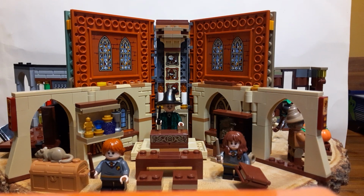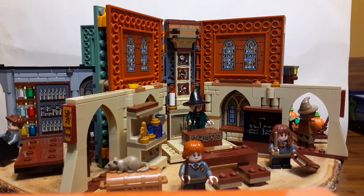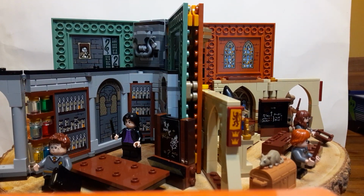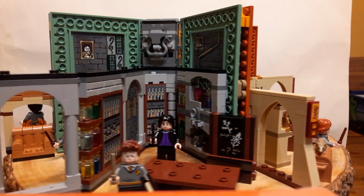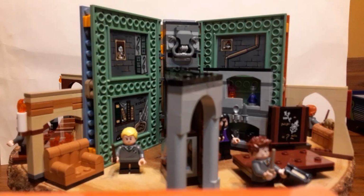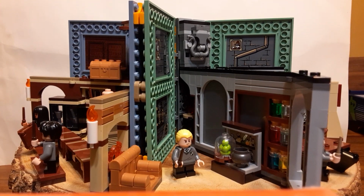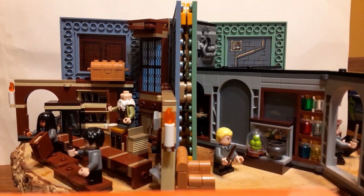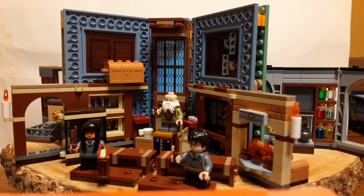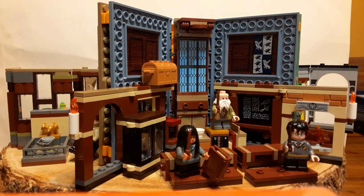This is Derek Von S, and in this video, I'm going to show you all 4 Lego Hogwarts Moments classroom sets. These are books that fold out into classrooms, and actually they all connect together like I'm showing you in this video. This is set number 76382 through 76385. I'm going to break down each individual classroom, and then I'm going to show you how to